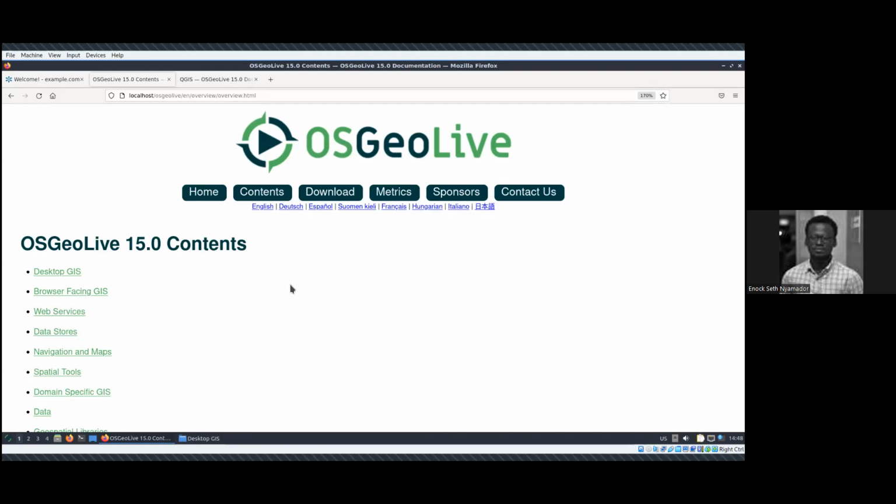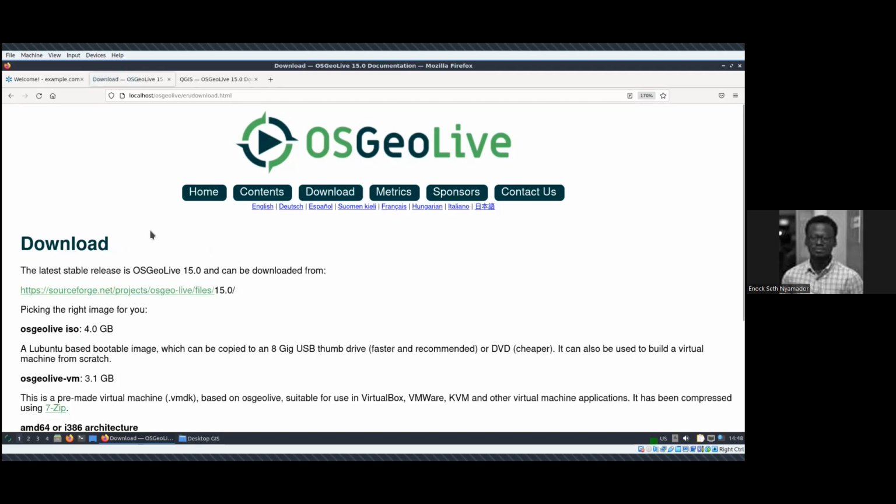And if you are at any event soon and you see an OSGeo booth, not a local chapter, say, you can walk to them and ask, okay, you need a stick of OSGeo Live, probably 4 gigabytes. It's too much for some of us to download.